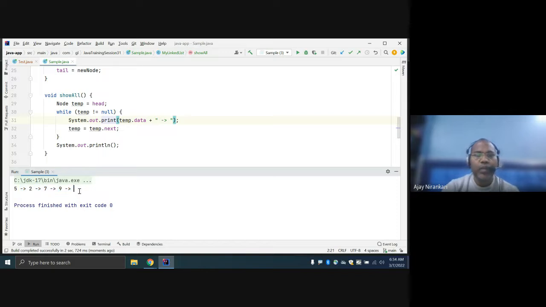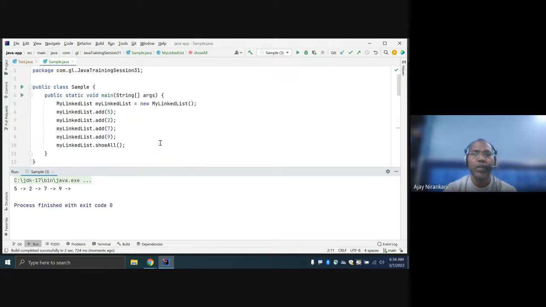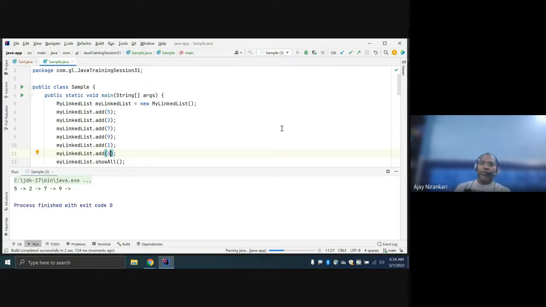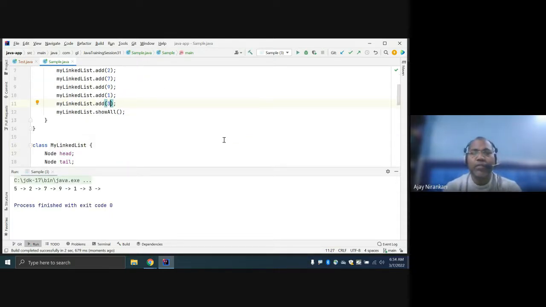So let's add some more values. Now let us think how we can remove this.